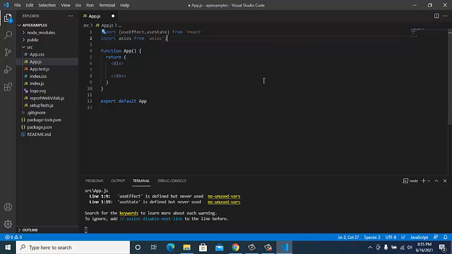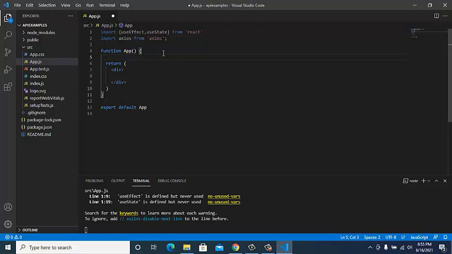After importing it, I'll call the API inside our useEffect. useEffect can be used like the lifecycle methods componentDidMount and componentDidUpdate. If you don't give any parameter in the array, which is the second parameter of useEffect, then it behaves like componentDidUpdate.